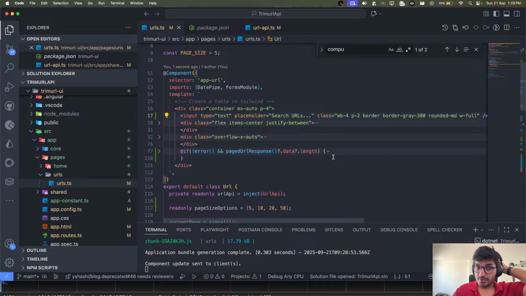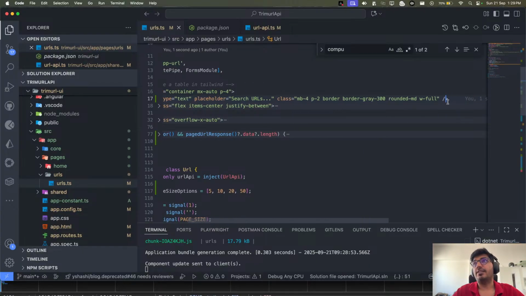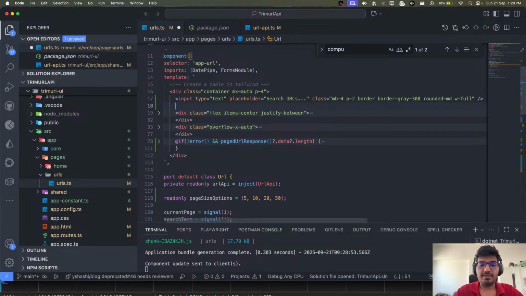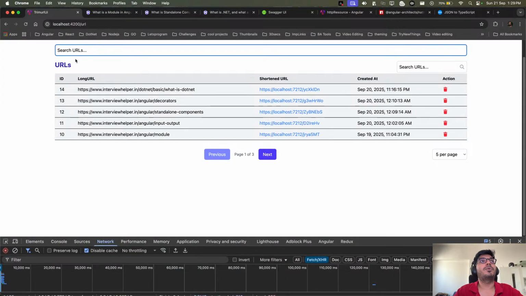Now whenever I'm changing the input, I want to fetch some data, and this data fetching I will be doing with the HTTP resource. Whenever the data comes, I want to show it here as code. Currently it just shows the search term. That's fine. This is my big URL, and below will be my state.